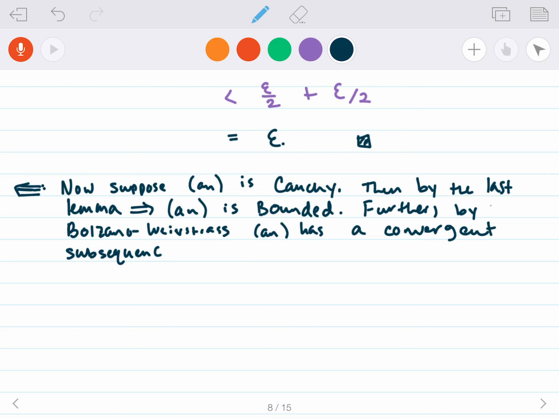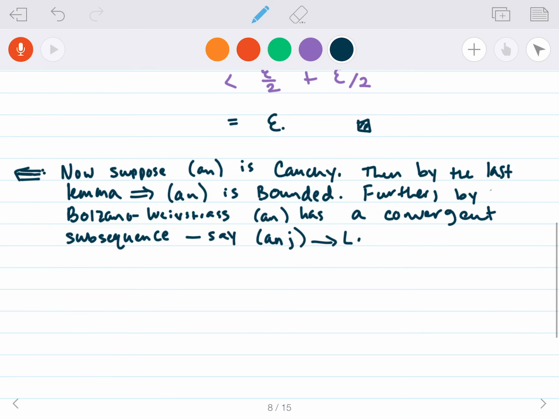And let's call it a sub nj, converging to some limit L. Okay, so now we're going to start our proof. So let epsilon be bigger than 0. Since our sequence is Cauchy, just by using the definition of Cauchy,